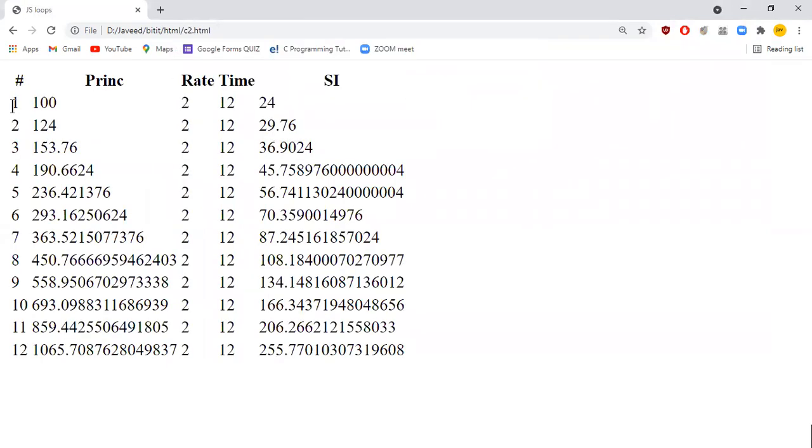Now you can see the first iteration is going to be 100 and then it's 24. In the second iteration, this 24 is added to this 100 and it gives me the result. Like this, each and every time, it's going to add the numbers and give me the result. Finally, at the end of the 12th month, if the principal amount is 100 rupees, applying this method, it becomes 1065 plus some change value is also there for us, right? Okay, understood now?